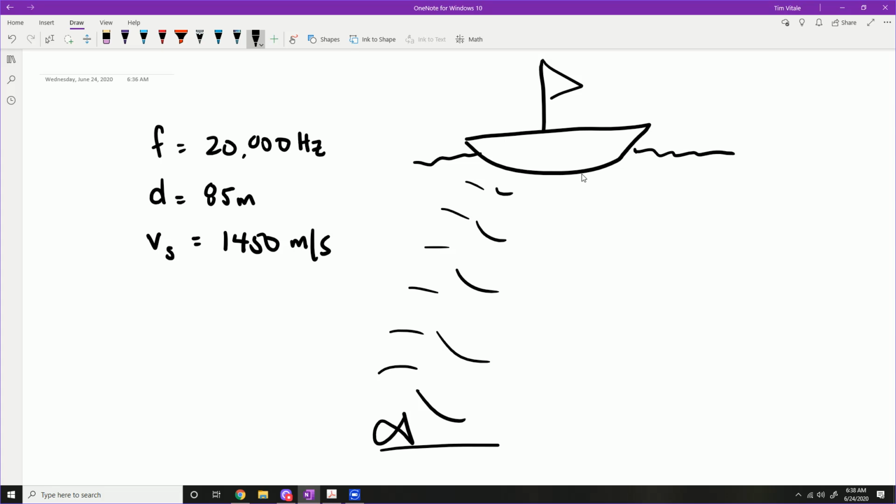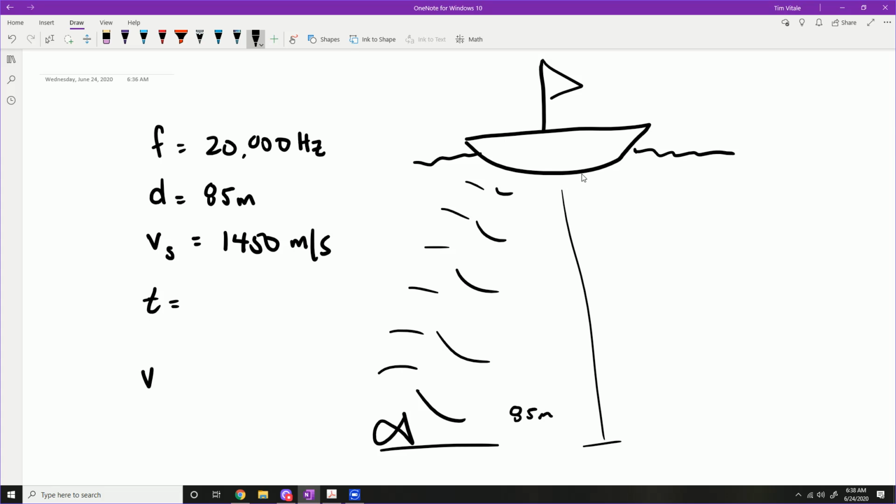The maximum distance for this particular fish finder is up to 85 meters deep. Otherwise it won't work. And the question is, what is the minimum time between pulses if the maximum distance is 85? So what we can do to figure that out is we can actually just look at the speed